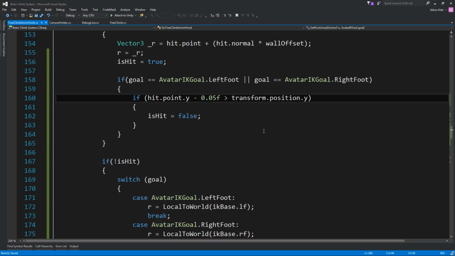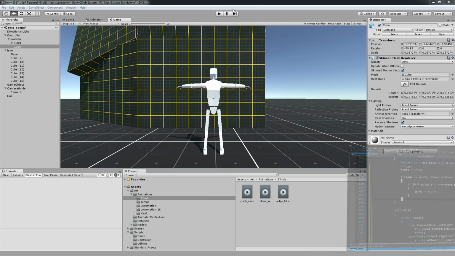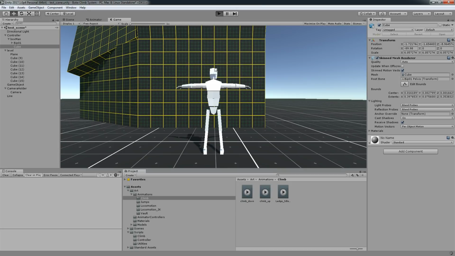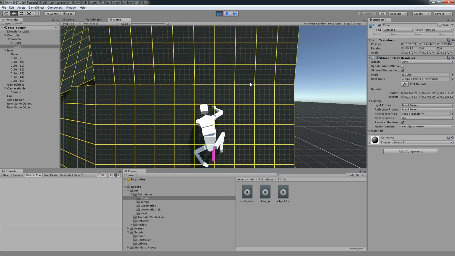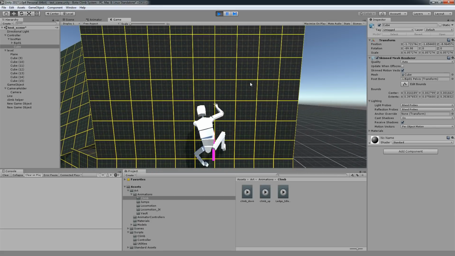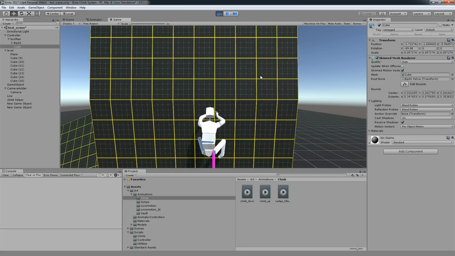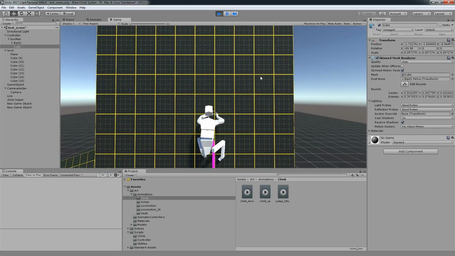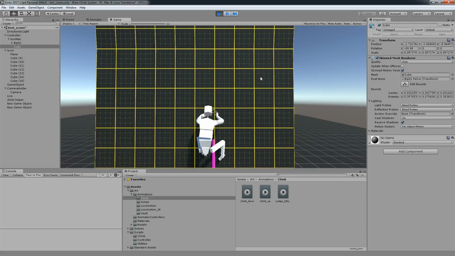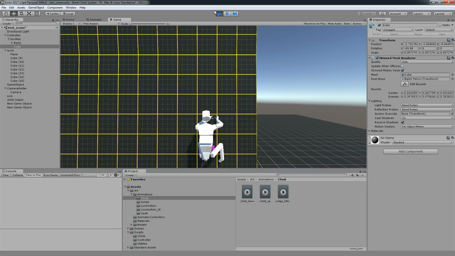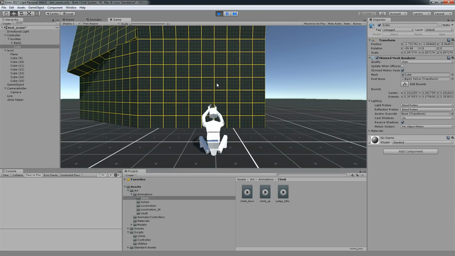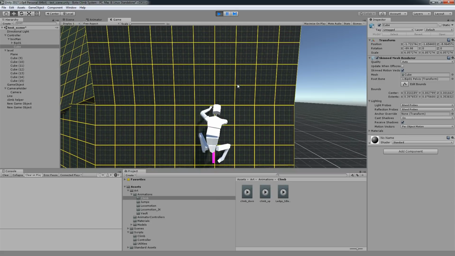Hit point y minus 0.5. I think the minus should be over here. 0. Let's go with 1. We'll see, if it's wrong, exaggerated, then that means it's going to be correct when you're not exaggerating. And right now we were offset right away, which brings the question of why.